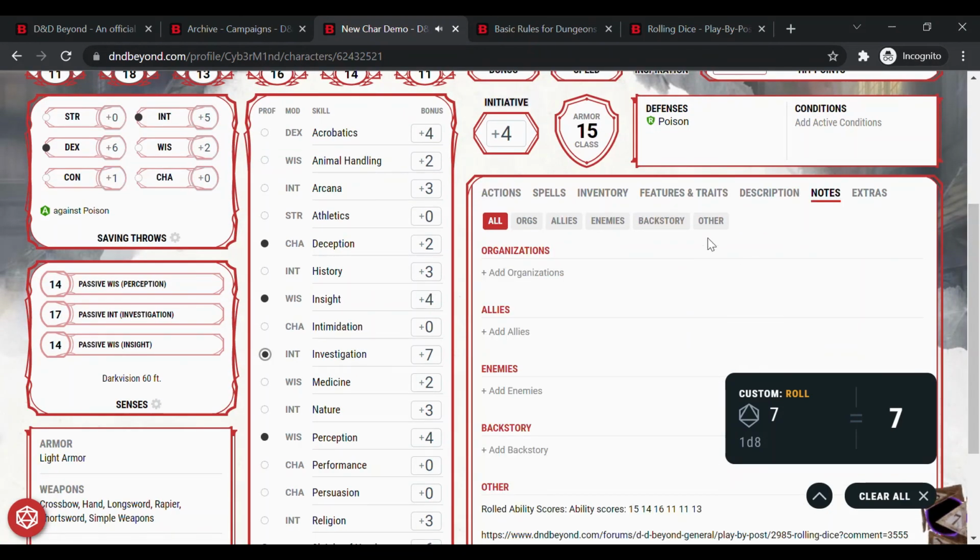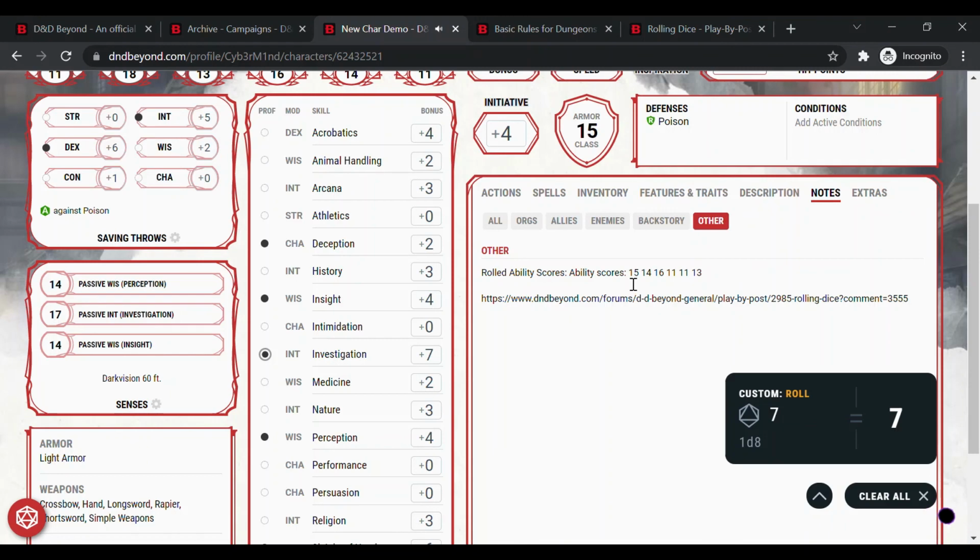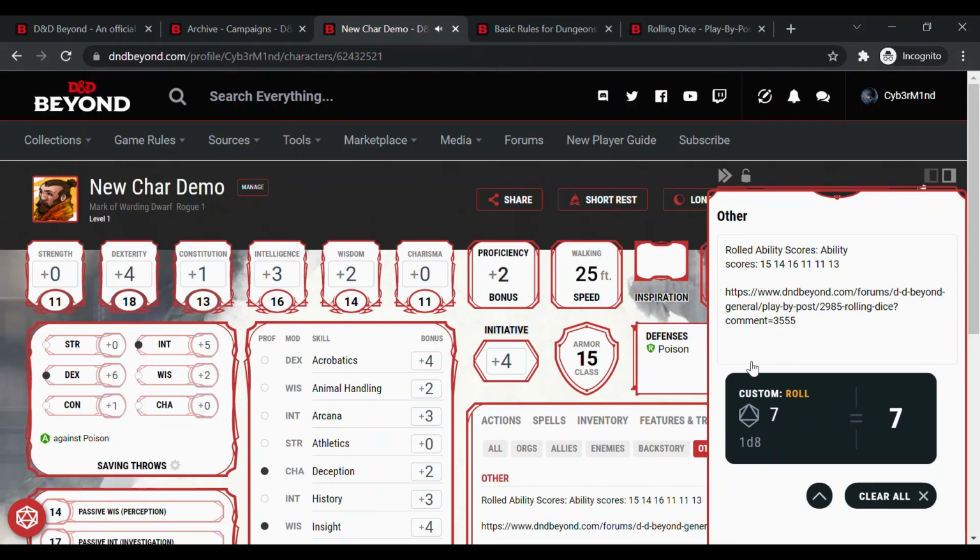Always a good idea to make a note: second level HP roll 7. This is because if you ever mess up, you have a log here of what your HP roll was,